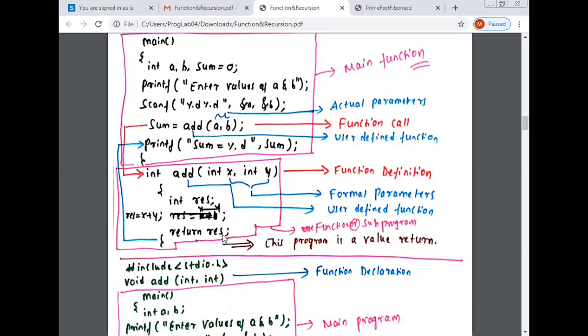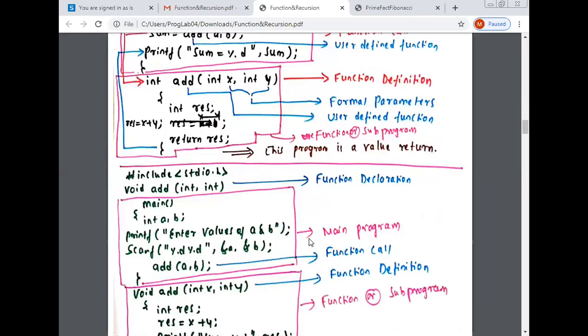Look here, return result means it is returning some values, the result of a plus b, the addition of two numbers. It will be stored in the variable sum, so this program is a value return.